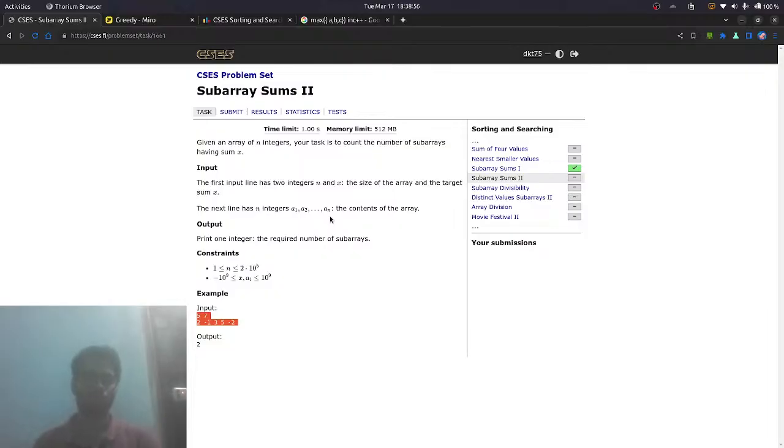Oh. Can we do it using map? We will store the prefix sum till a certain point, and if we encounter that same sum